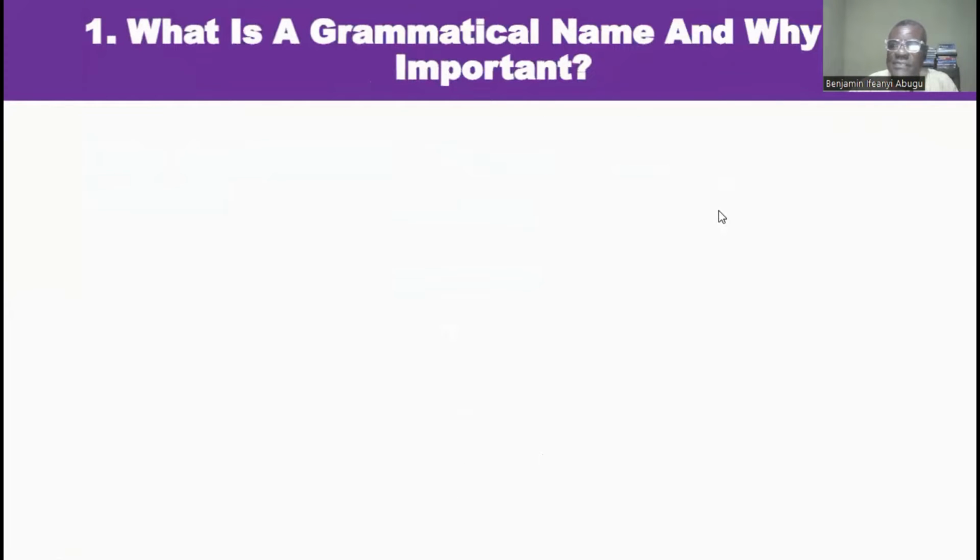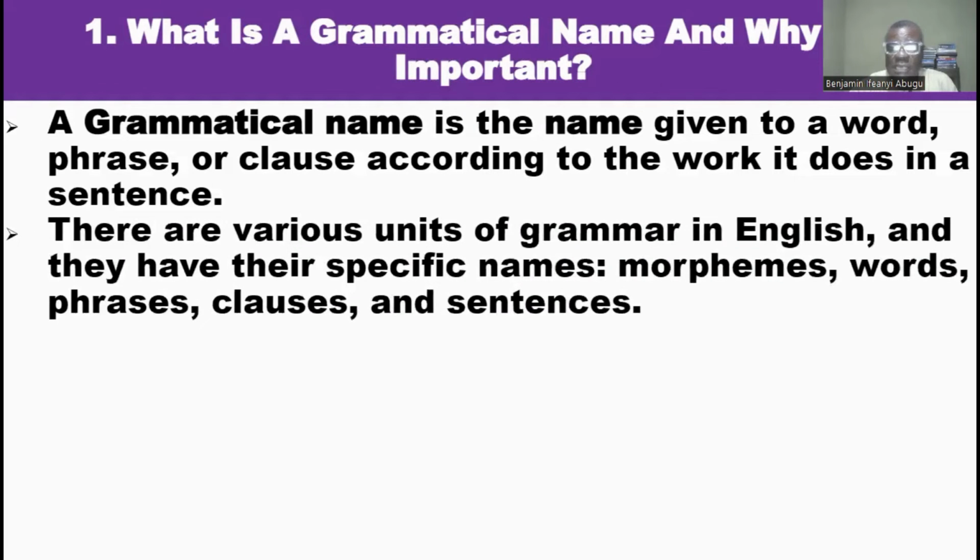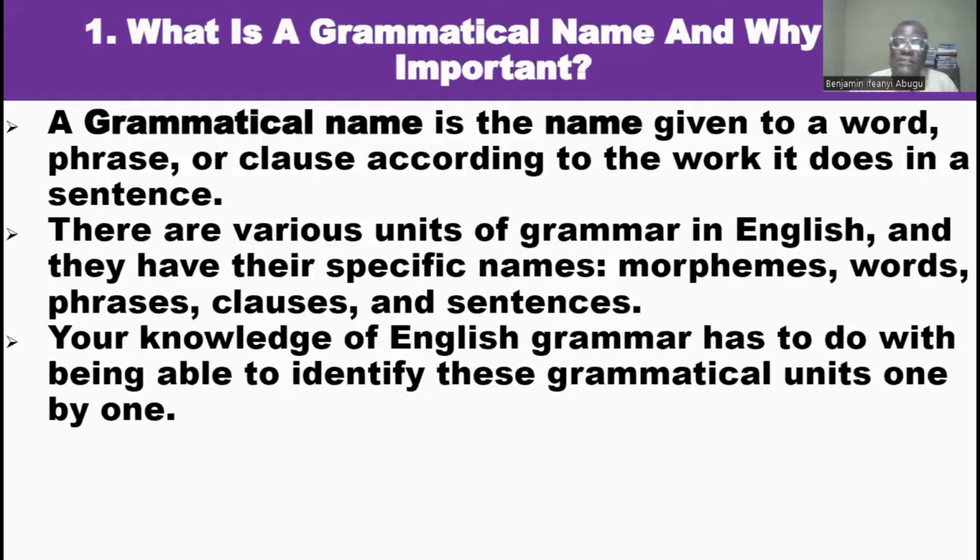Let's start with the first basic question. What is a grammatical name and why is it important? A grammatical name is the name given to a word, phrase, or clause according to the work it does in a sentence. There are various units of grammar in English, and they have their specific names, such as morphemes, words, phrases, clauses, and sentences. Your knowledge of English grammar has to do with being able to identify these grammatical units